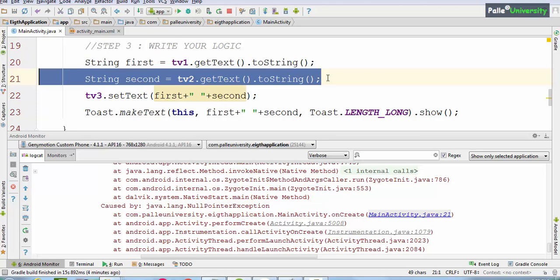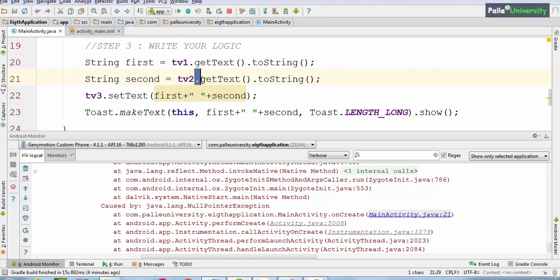Fixing NullPointerException is the easiest task in Android. Let me tell you how to fix it. Whenever a NullPointerException occurs, you have to go to that line and identify where the dot symbol is. Observe, the dot symbol is in two places. First try to identify the first dot symbol starting from the left hand side.